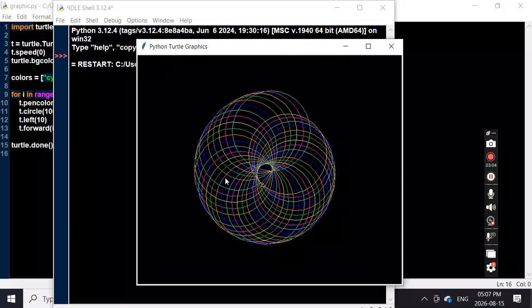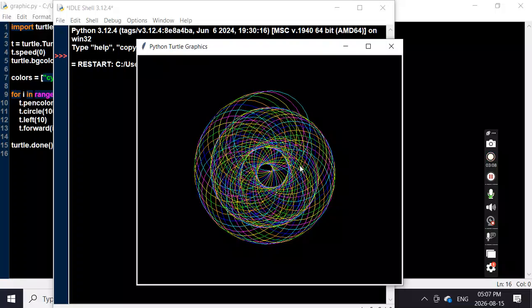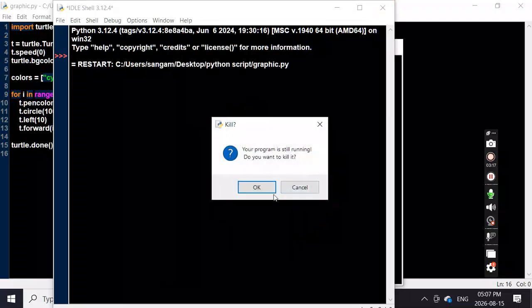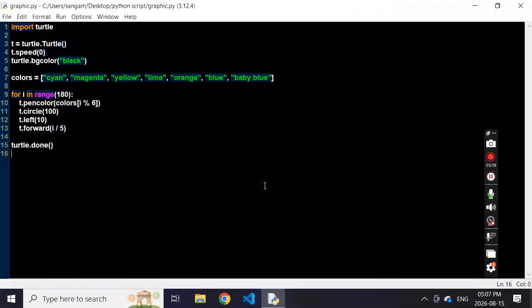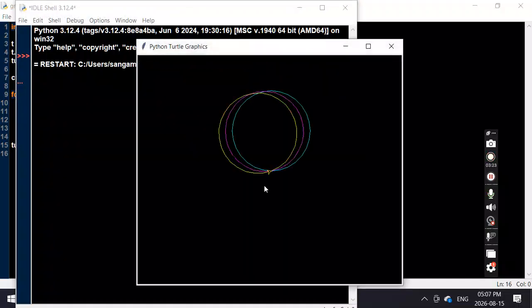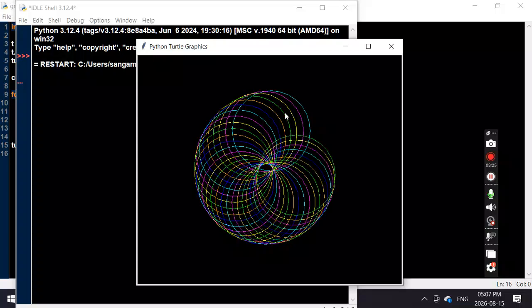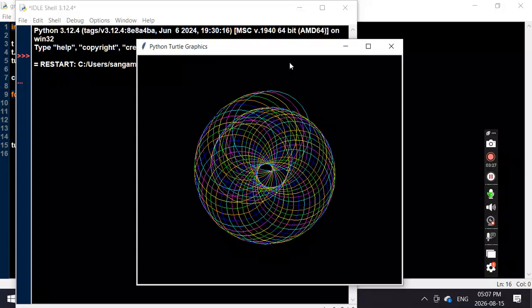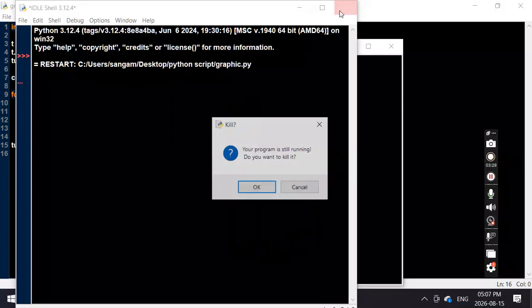Okay, looking good, right? So, whoa, it looks like a snake, right? A bit like a snake, but I'm going to kill this off. Wait, is there baby blue? There is baby blue. Okay,